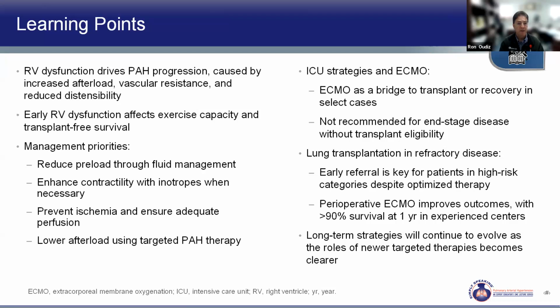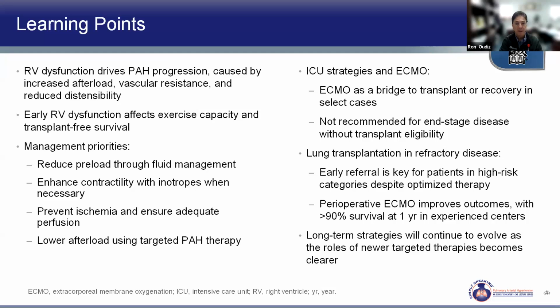So important points to learn about these acutely decompensating RV failure patients is that it's the RV dysfunction that drives the progression and worsens outcome caused by the afterload in the pulmonary circulation, and reduced distensibility is a major underlying mechanism. Early RV dysfunction affects exercise capacity and transplant-free survival. So management priorities would be to reduce preload, like we talked about, enhance contractility, prevent ischemia, and lower afterload using